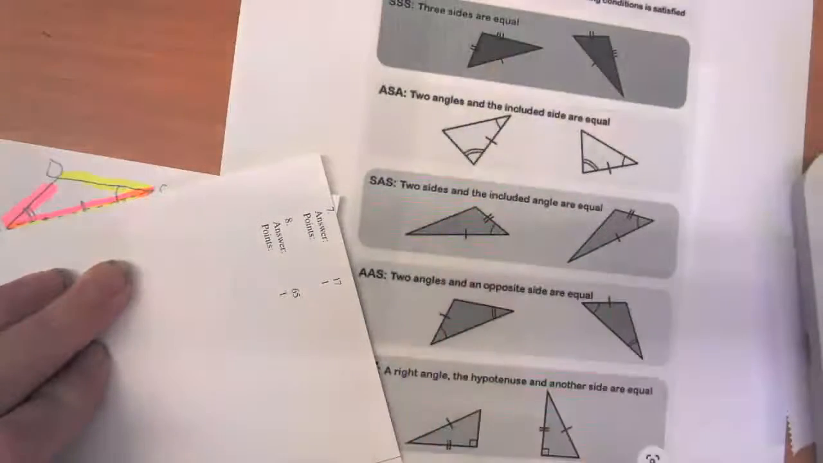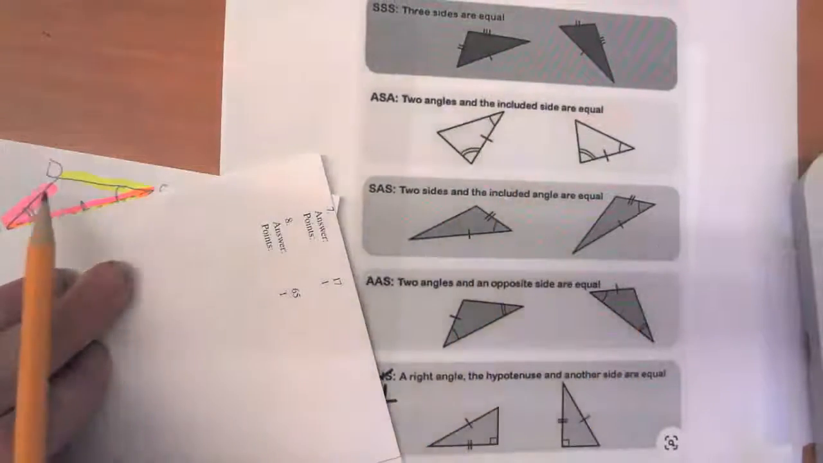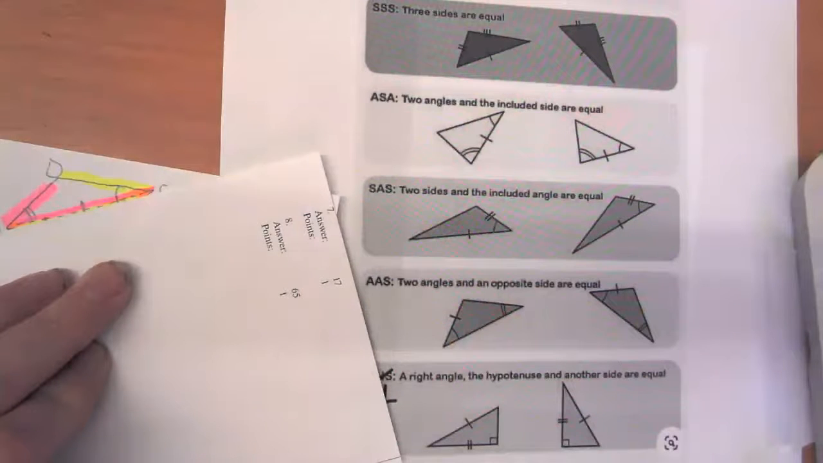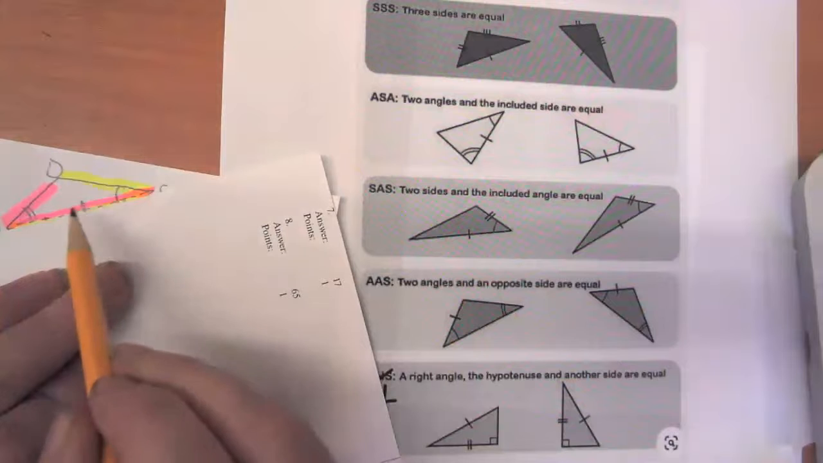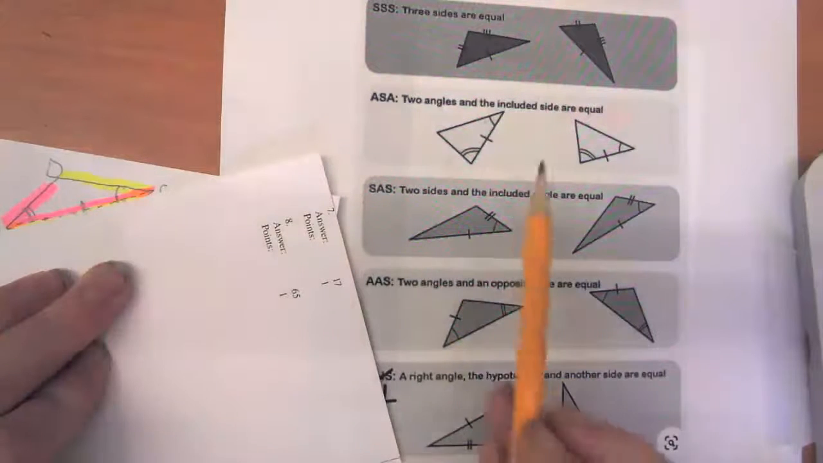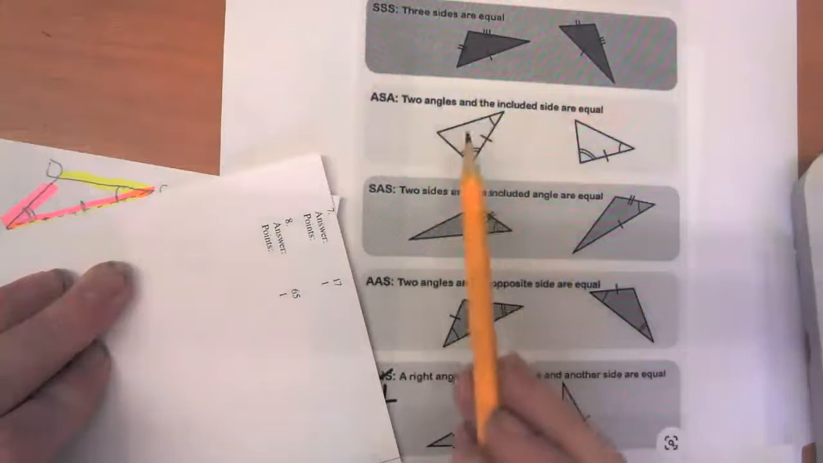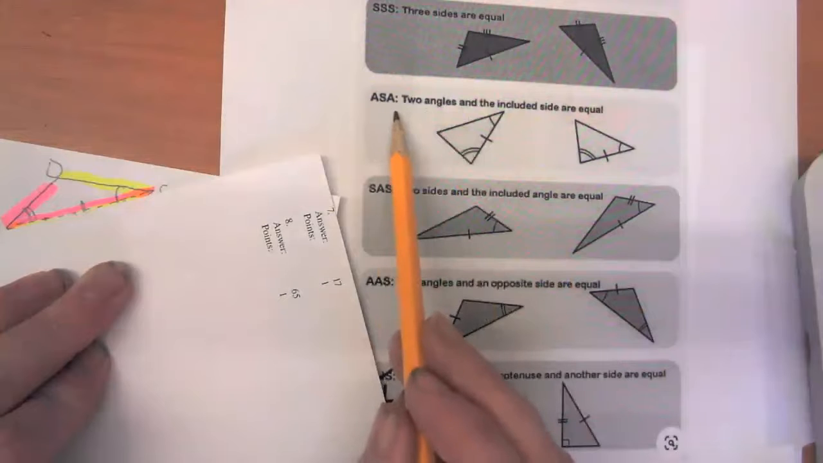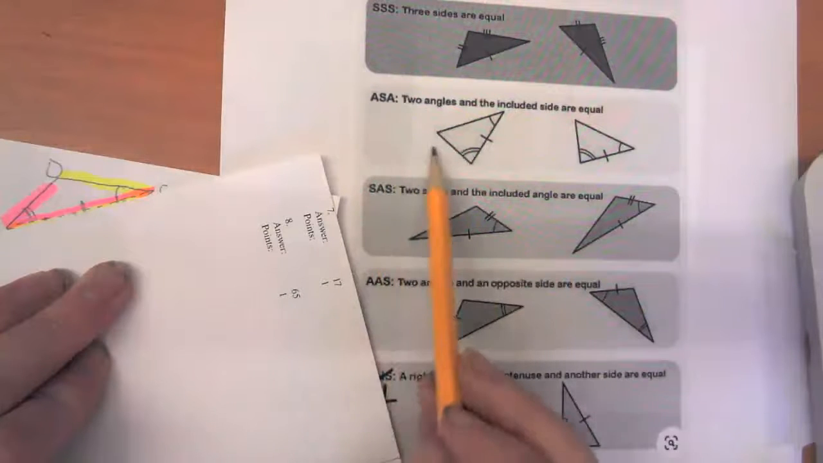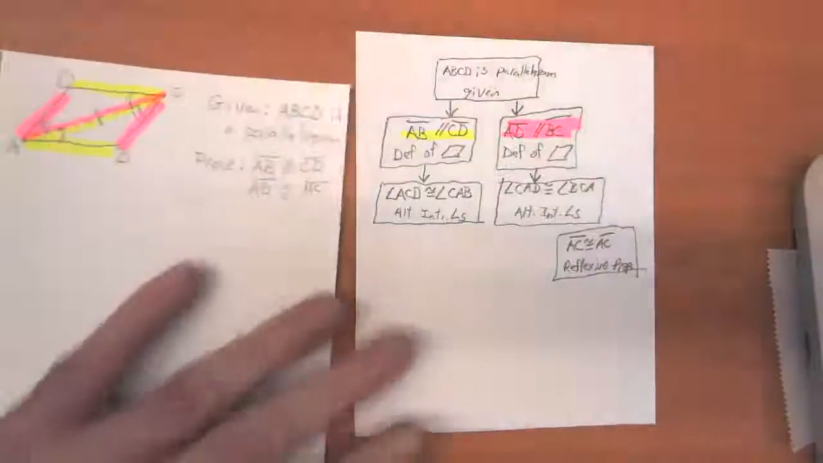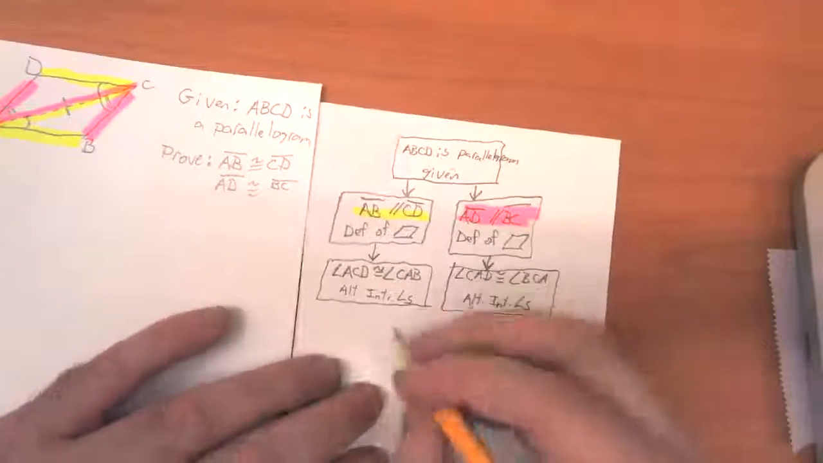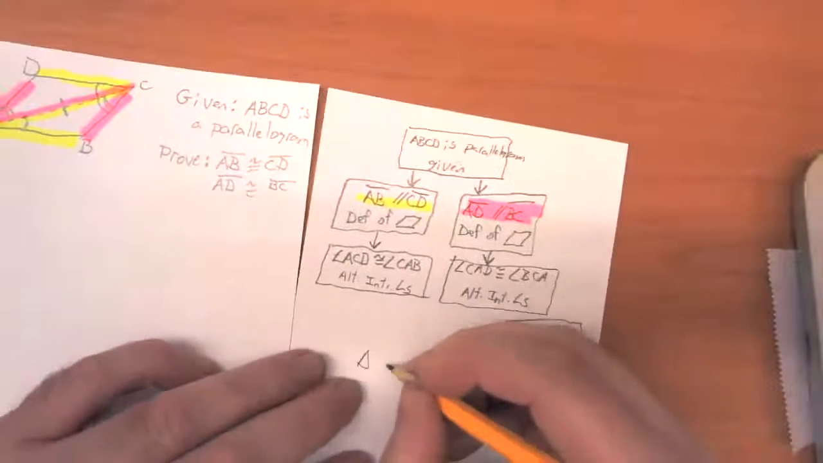So which one of these 5 diagrams looks like that triangle? Well, we've got two angles here and we've got the included side. So two angles and the included side is the ASA theorem. And you didn't even really need the picture. The clue is right there in the name. Two angles and the side between them. All right. So that's enough information for us to say that triangle DCA